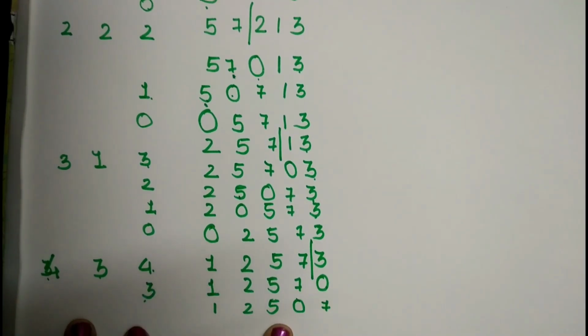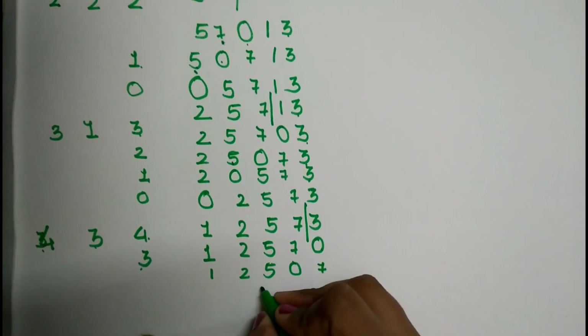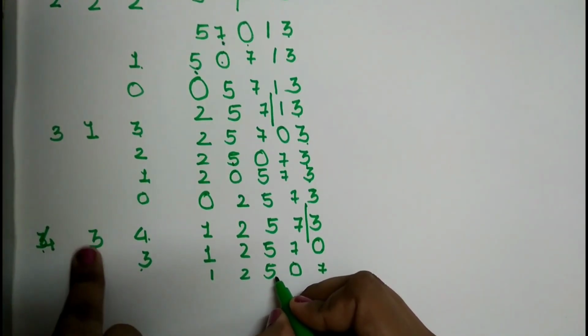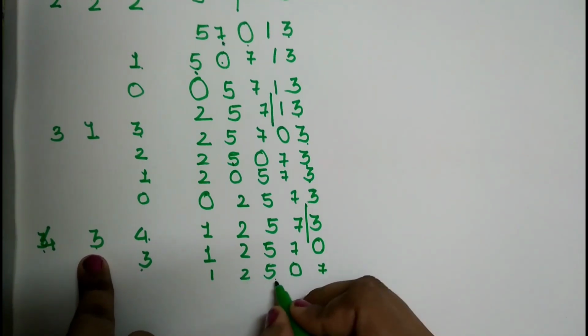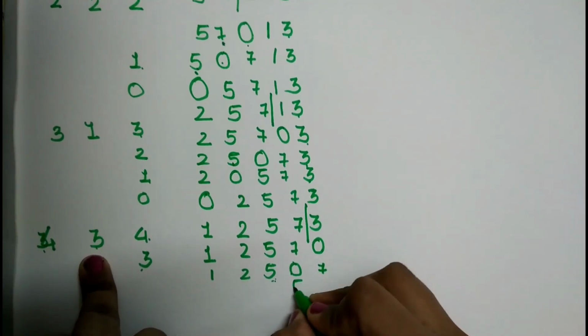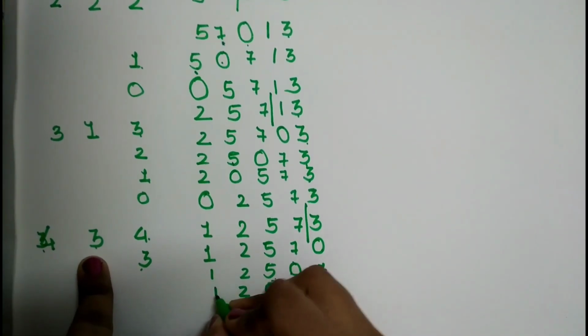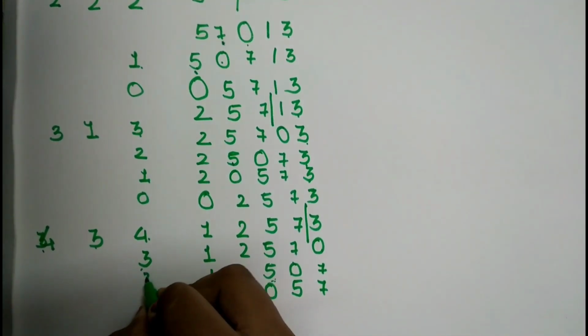Whole has moved one step ahead, right? So now once again I'll compare the value previous to whole with my temporary. 3 is compared with 5. Okay, 5 is greater, so move it one step ahead. 5, 7, whole is created here, 2 and 1. The value of whole is now 2.